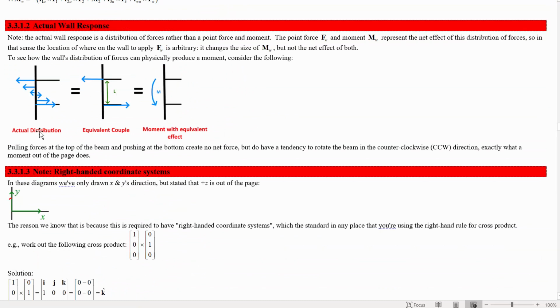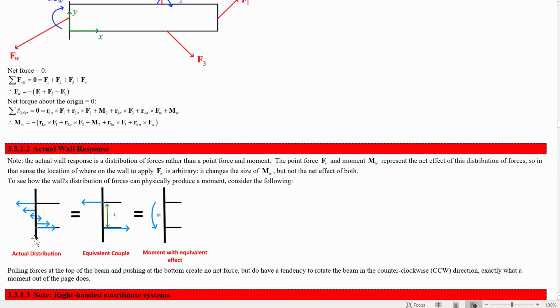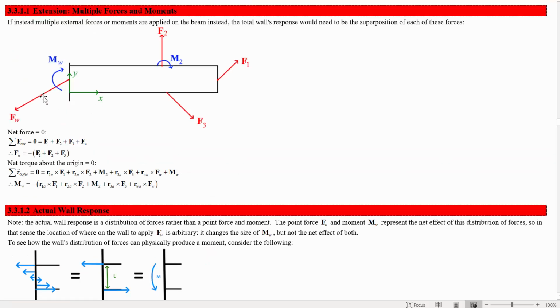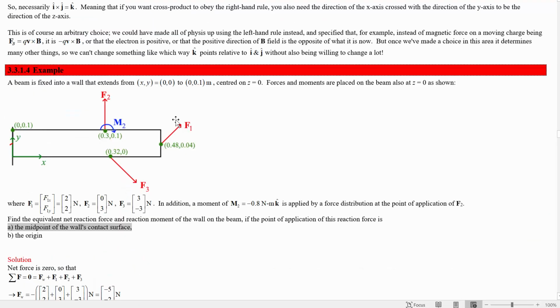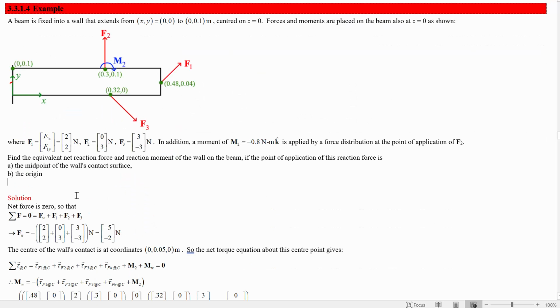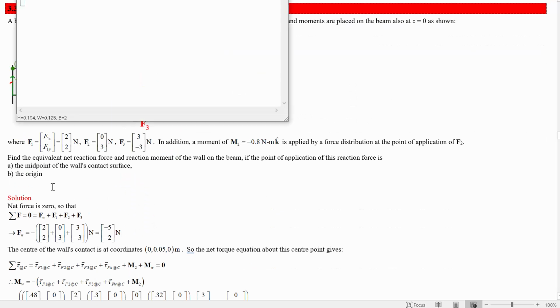Okay, really again, it's the superposition of those things that matters, and the wall is producing some stress distribution, which is the same regardless of where we decide we want to put the equivalent point force that is representing what the wall is doing and the equivalent moment that it's creating as a result of where we put that point force. Okay. So the setup of this